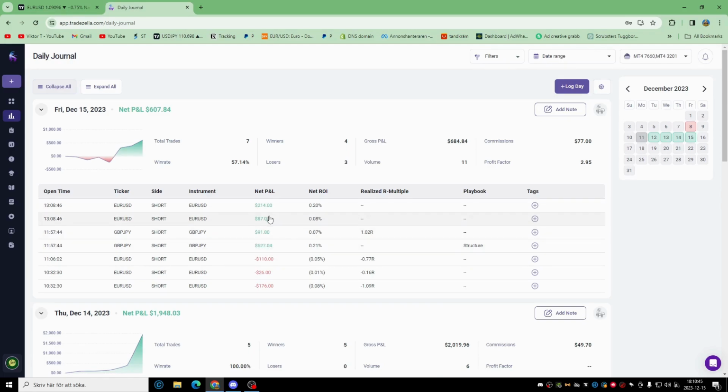And EURUSD, super stupid. So that's the thing, keep the losses small and the winners big. Because if I hadn't kept the risk management intact, then this one would have been 300, and this should have been a break even. But yeah,